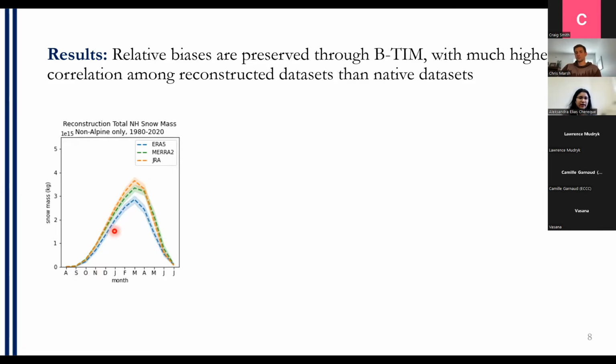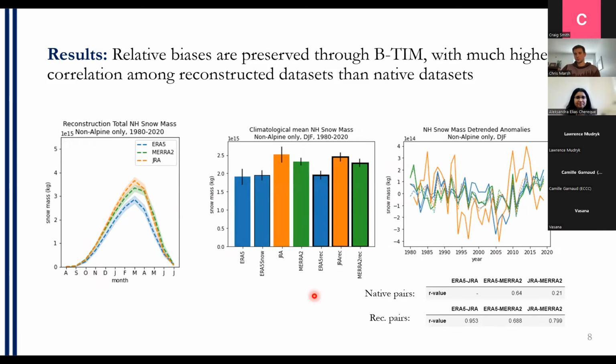Then I'll focus in on December, January, and February and show the mean in a bar plot, and the interannual variability through the time series separated. The native data sets are shown in the cluster on the left, and the reconstructed ones are shown with the black outline. The total snow mass is well estimated with the reconstructions, if you compare the blue bar with the blue bar with the black outline and so on for the other colors. But what's striking is that when we look at the time series on the right,